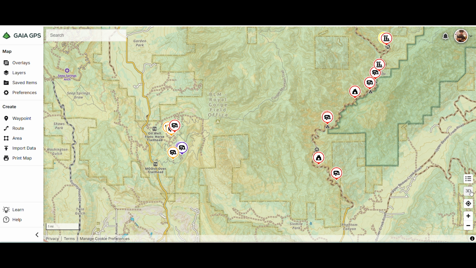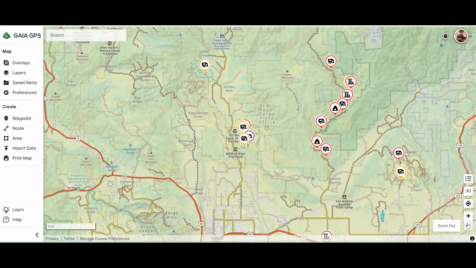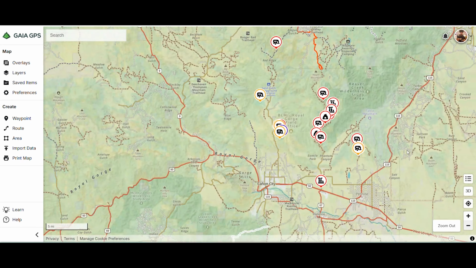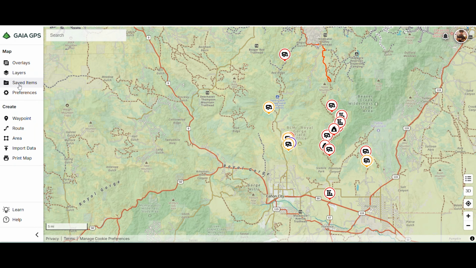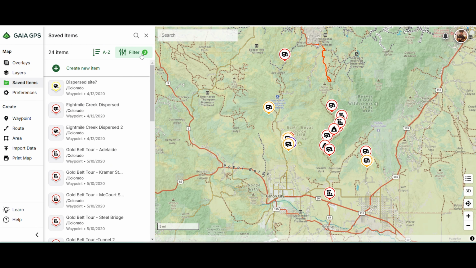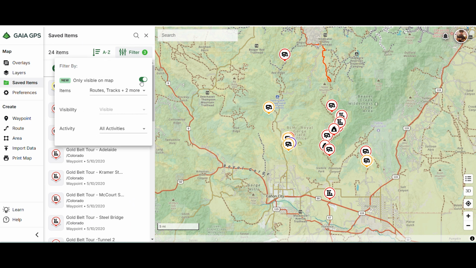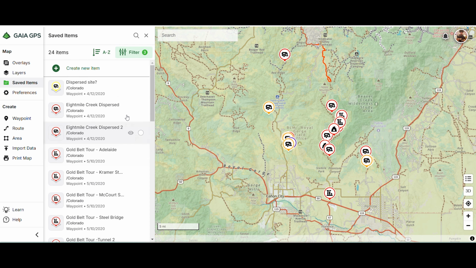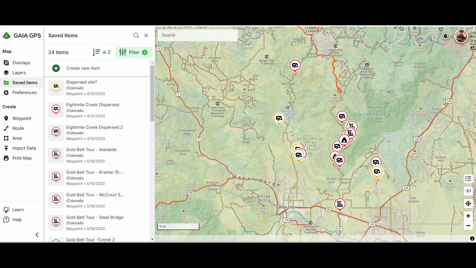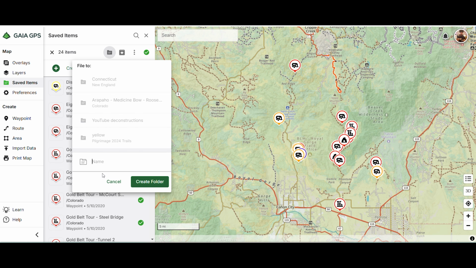Okay, so how do I select these to put them in their own folder? I'm going to put these in a BLM Royal Gorge folder. I'm going to use our new search filter, hit Saved Items, hit the filter, make sure it's on. Everything you see here is everything that is now on the screen. So I'm going to hit the one radio button, hit this one that selects everything that's on the screen, hit File 2, create new folder,